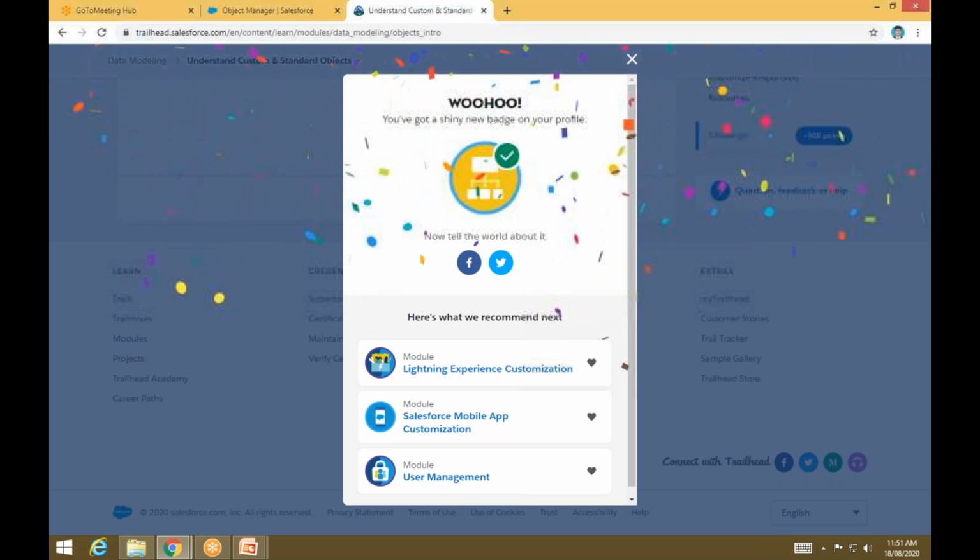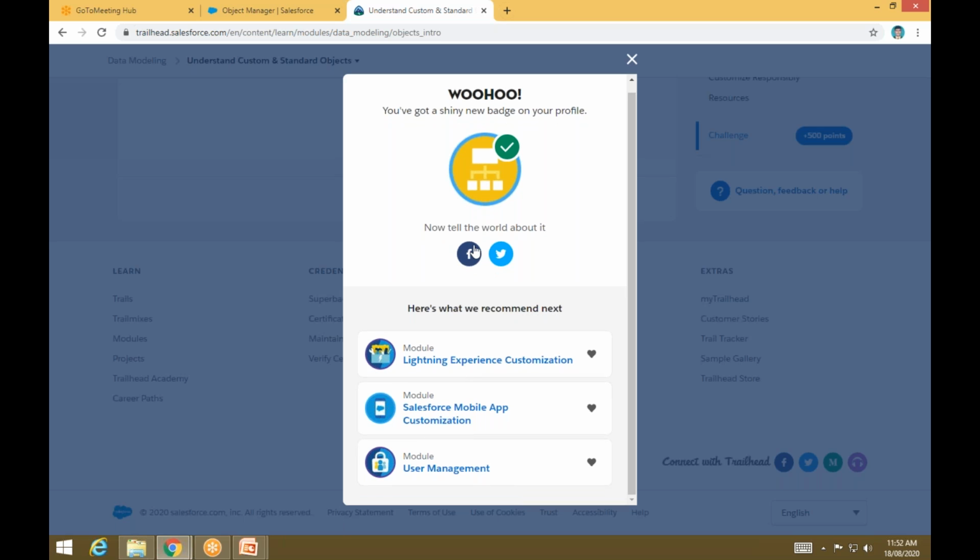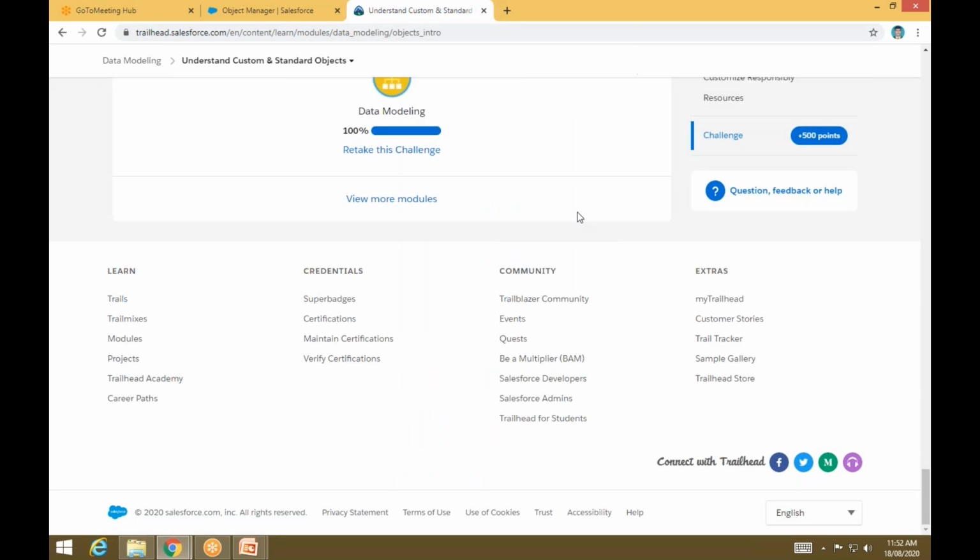It's saying that I have successfully completed the first part of the data modeling. Like this, you can select the badges and go for the challenges, and once you complete the challenges you will earn some points. This is how you can practice Salesforce here.